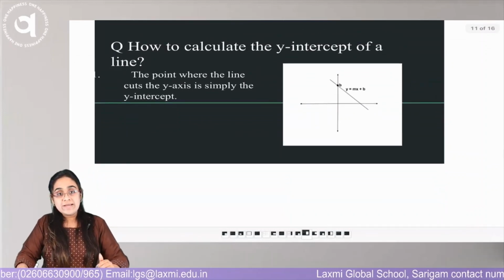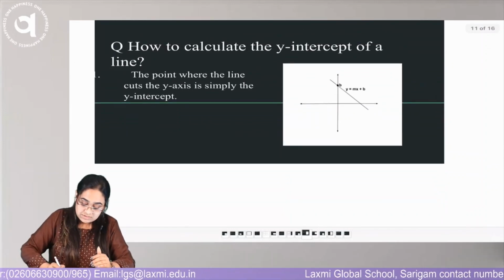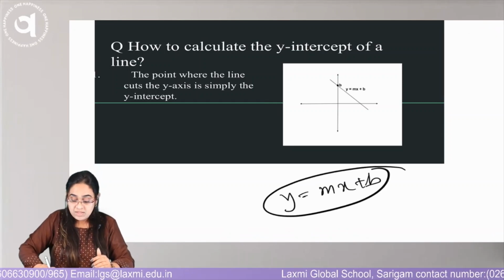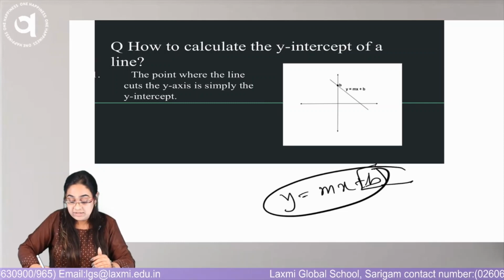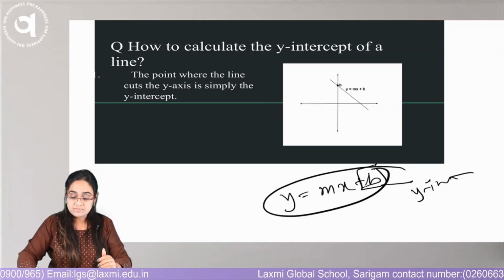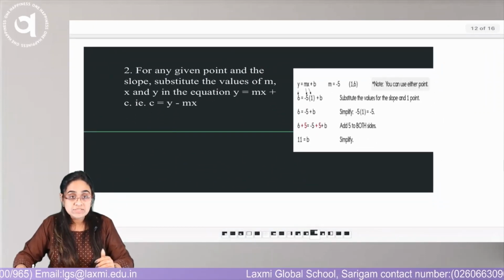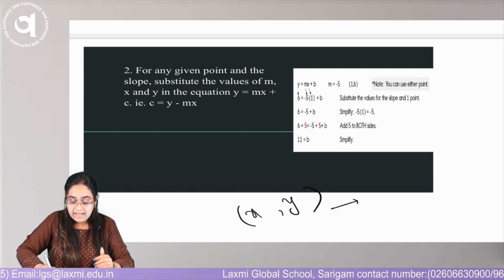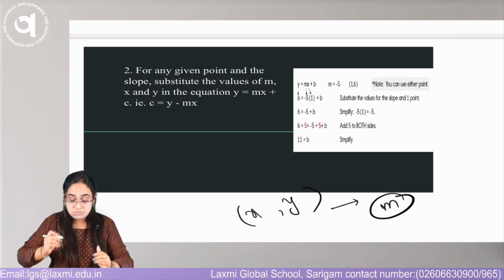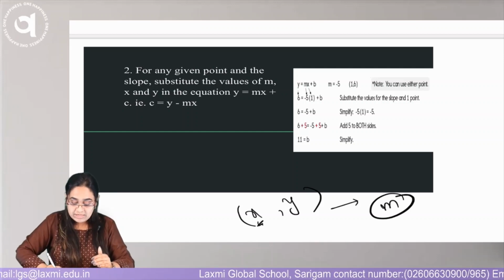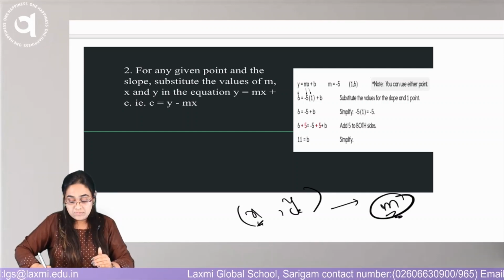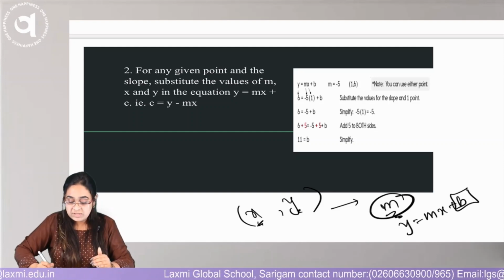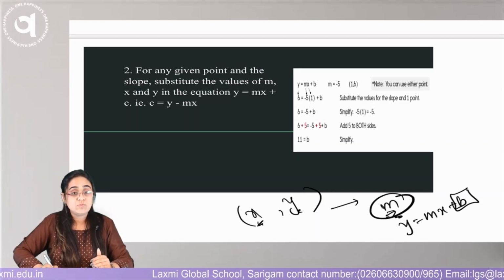How do you calculate the y-intercept of any given line? It is really simple. When you have an equation of the form y is equal to mx plus b, just identify this form and the constant remaining towards the end is called your y-intercept. If you are given a point and a slope, for example, I have a value of x, y and I have a value of m available, the basic steps you need to follow is substitute the values of x and y coordinates and m in your equation y is equal to mx plus b. The constant value of b will be obtained after solving.